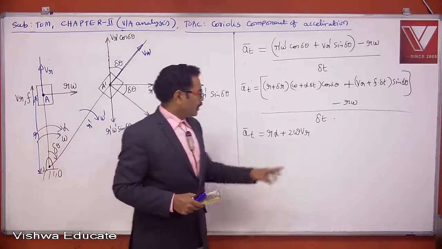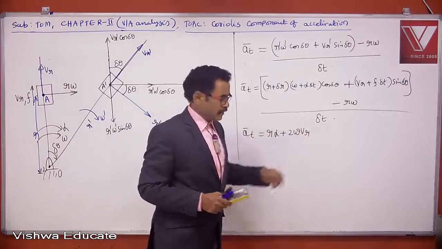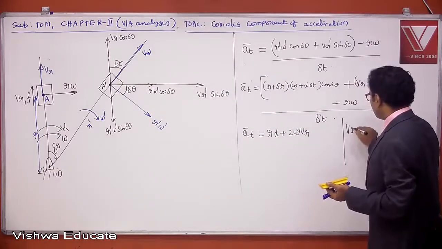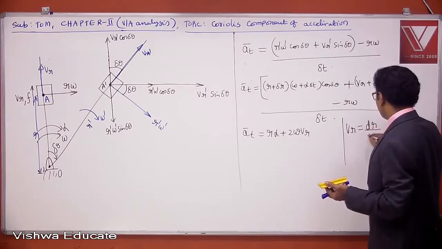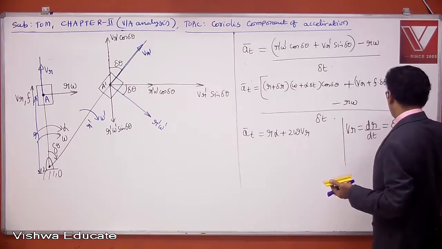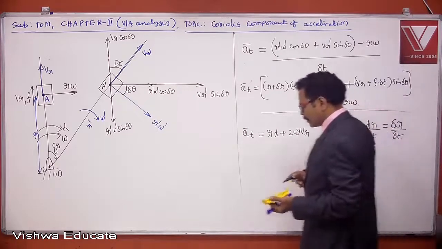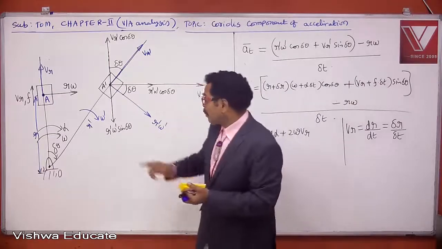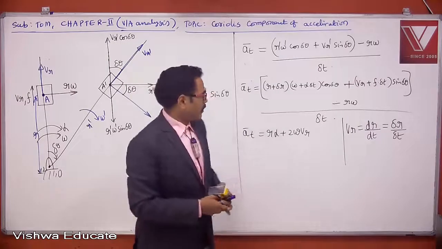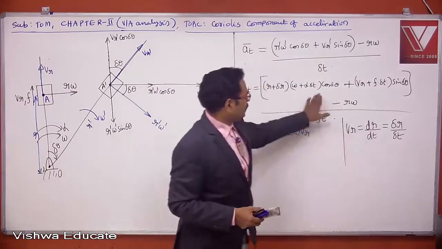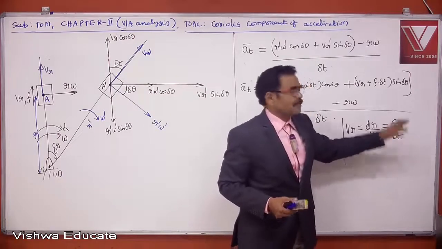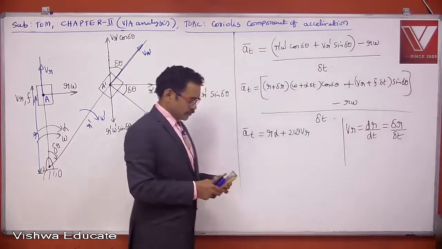Okay. And what is VR? Radial velocity. How do you define radial velocity? Radial velocity VR is equal to the rate of change of radial displacement, the rate of change of radial distance. The rate of change of radial distance is radial velocity. With what rate is the radius changing? That is what radial velocity indicates. So in this simplification, somewhere you will get delta r by delta t. So delta r by delta t is nothing but radial velocity. So this is